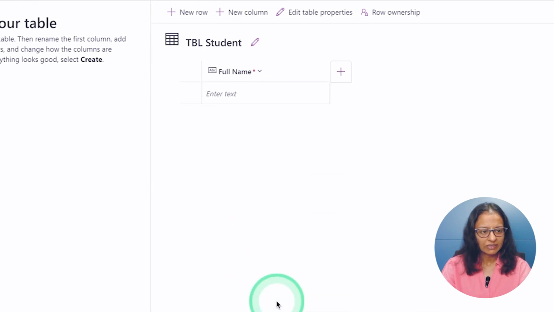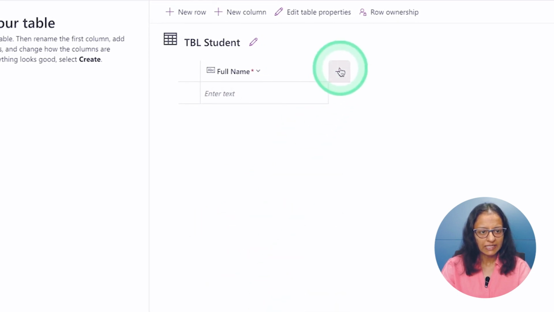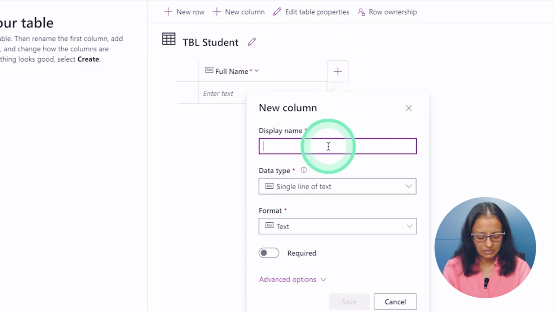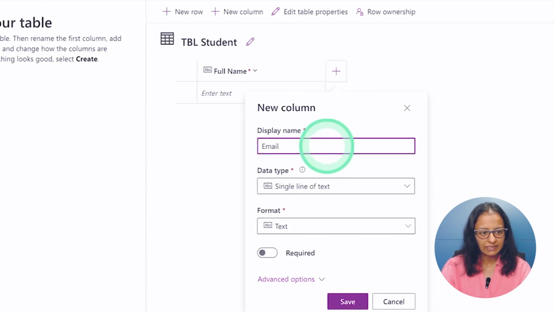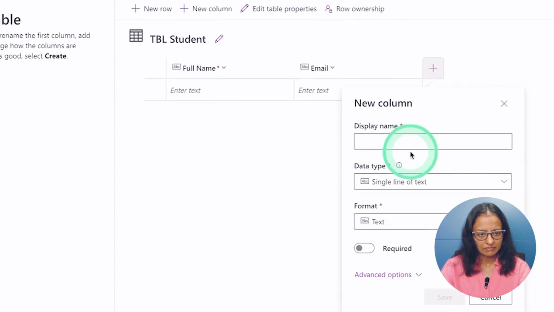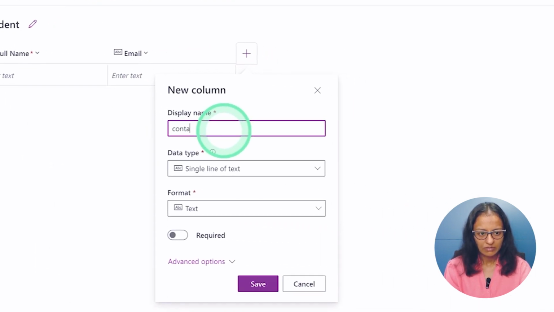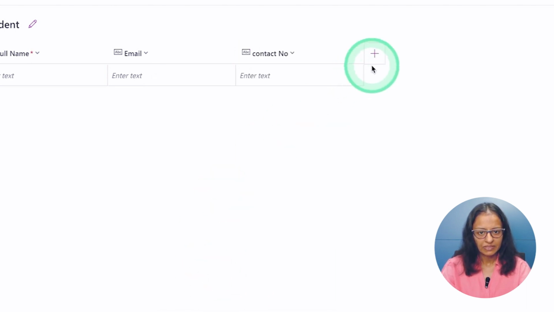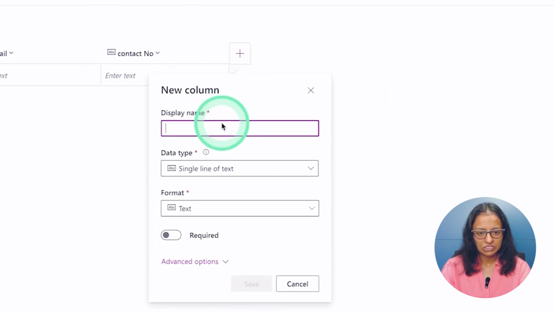Then click on update. Then click on the plus sign to add more columns. Here I am adding email ID as a column. Click on save. Then contact number. Then click on save. Then I am also adding educational detail.